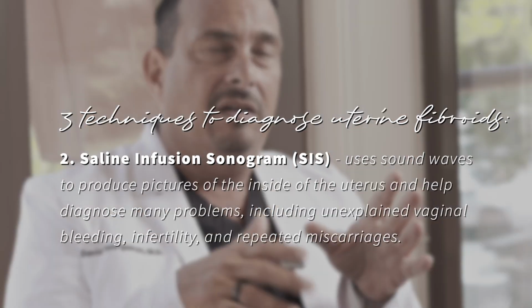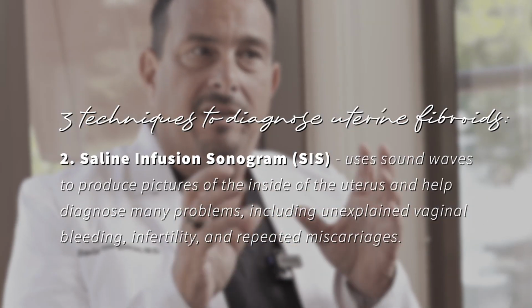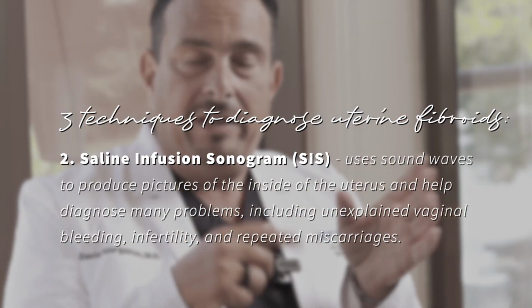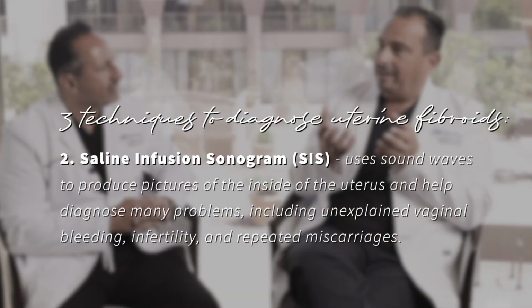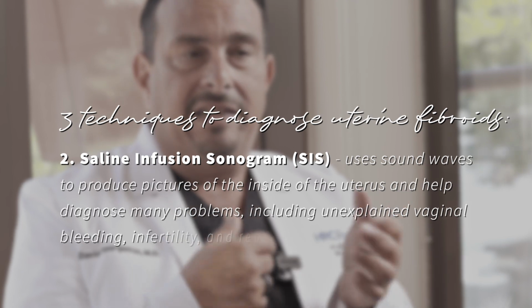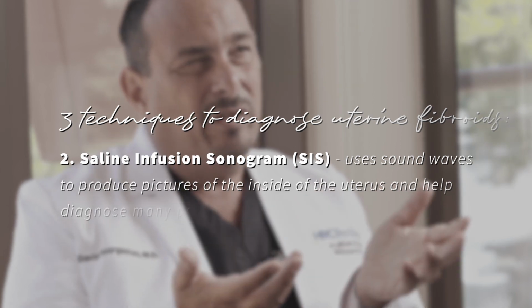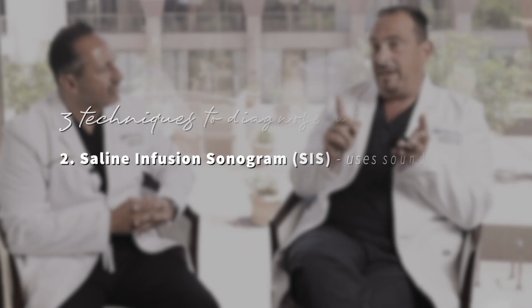The reason that it's a little bit more tolerable is because the dye that we use for the hysterosalpingogram is quite thick. It can cause cramping, whereas saline is a lot less viscous and therefore more easily tolerated by the patient. But the idea here is not to do a radiograph, but do an ultrasound, which is also a little bit less intimidating for the patient. Okay. How about